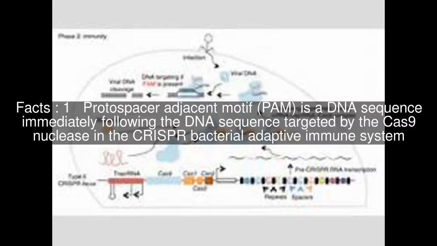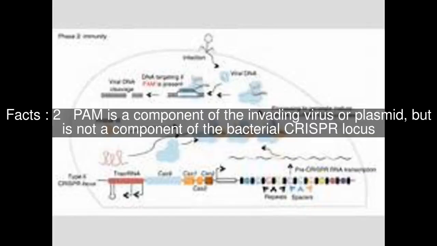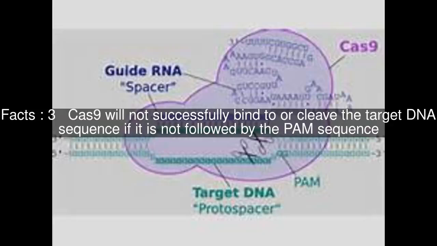Protospacer adjacent motif, PAM, is a DNA sequence immediately following the DNA sequence targeted by the Cas9 nuclease in the CRISPR bacterial adaptive immune system. PAM is a component of the invading virus or plasmid, but is not a component of the bacterial CRISPR locus. Cas9 will not successfully bind to or cleave the target DNA sequence if it is not followed by the PAM